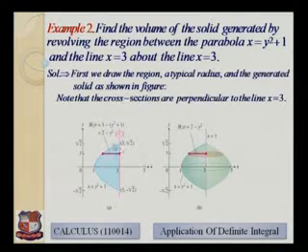that this is the given curve x is equal to y square plus 1 and x is equal to 3. The line is given this. We have to rotate this solid about this line x is equal to 3. So it will form one solid in this kind of shape about the x is equal to 3 line.